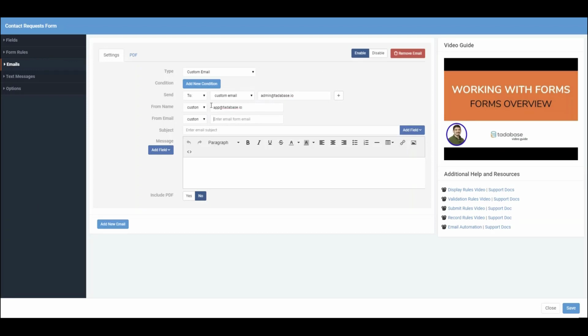app@tadabase.io, and from email would be and here we're basically saying for the subject, set the subject to the unit name and then the request contact. So we're just saying like this person, this unit, there's a request, a contact request for this unit. And now we can add whatever we want inside the body of the email. In this case, it'll be, we want to say, hey, admin, this person